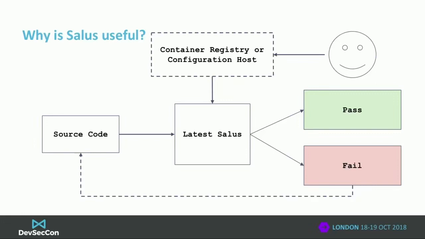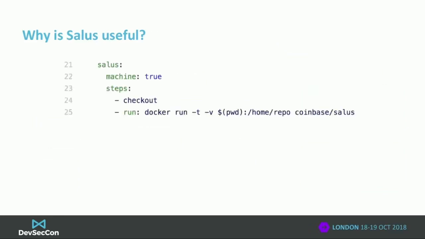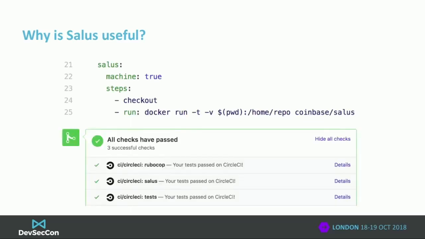So there's no massive magic here. Like all the scanners, and not all, but most of the scanners inside of Salus are just other open source projects. This thing is all about how you coordinate that at scale. And actually as an example, we happen to run Circle CI internally at Coinbase, but you might be running Travis or some sort of other building platform. If you are using Circle, this is a small piece of what they had, these concepts called workflows. So this is literally all you have to add to your Circle file to run Salus in your infrastructure. You just check out the code and then you run it, and then this will run in parallel with all your other tests. And then on your pull request, you just get some